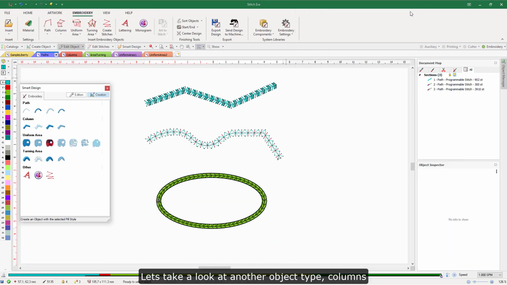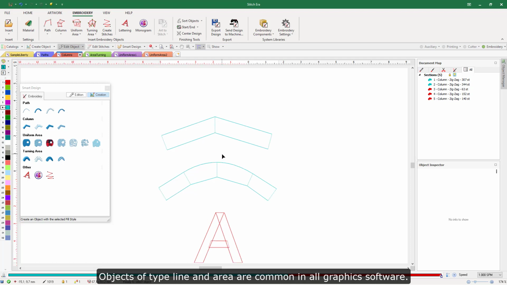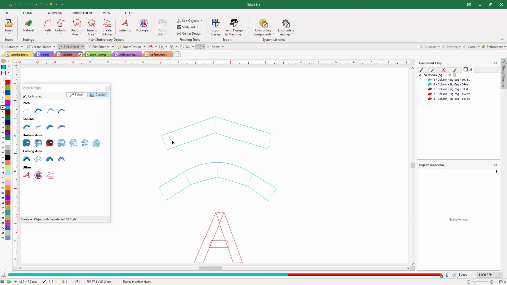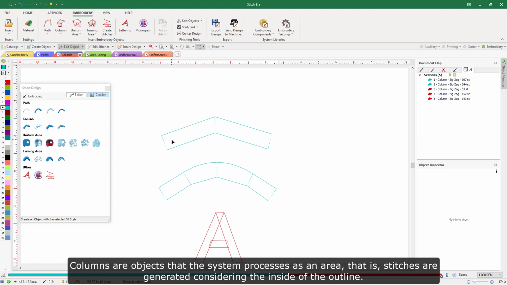Let's take a look at another object type, columns. Objects of type line and area are common in all graphics software. However, columns are a rather special type of object, possibly only available in embroidery software. Columns are objects that the system processes as an area, that is, stitches are generated considering the inside of the